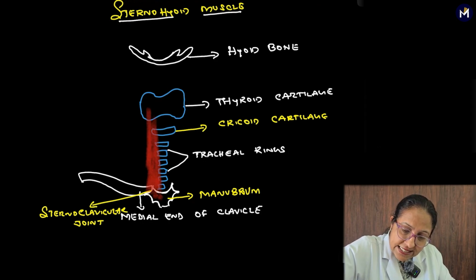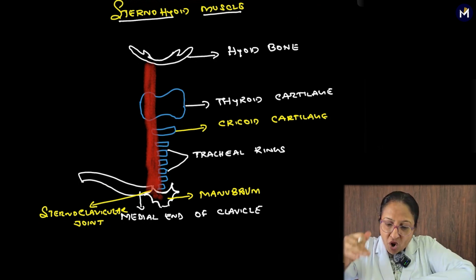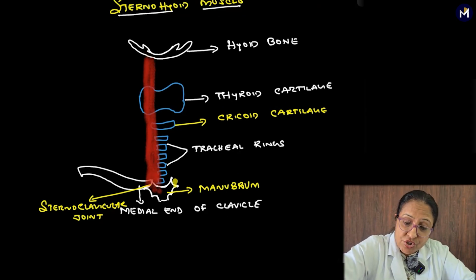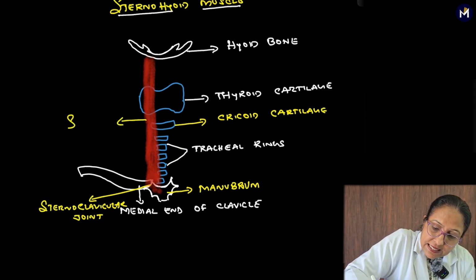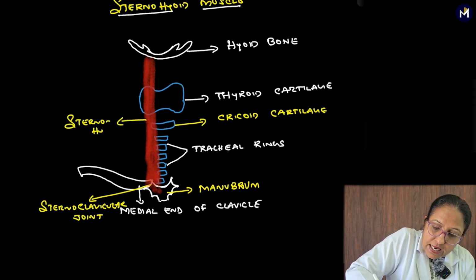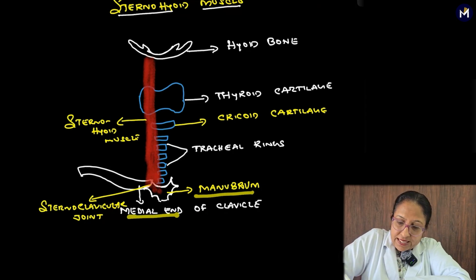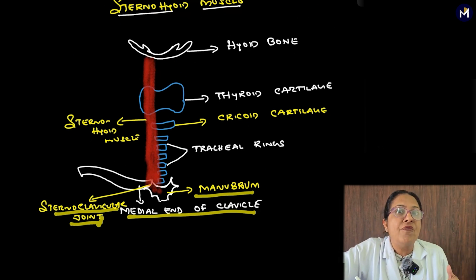This is the origin of sternohyoid. It ascends upwards and is inserted to the lower part of the body of the hyoid bone. That's why the name sternohyoid. Of course, you have one more part because it's a pair. You have it on the other side here too. So label this muscle as sternohyoid muscle. So the origin is the posterior surface of manubrium, medial end of clavicle, and posterior part of the capsule of the sternoclavicular